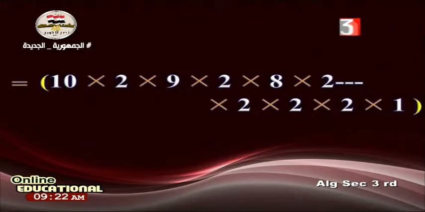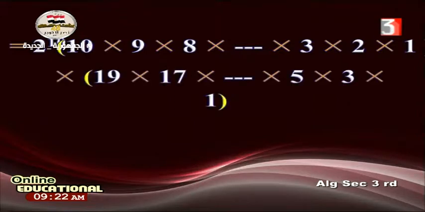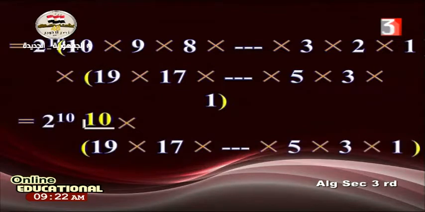20 is 10 times 2. 18 is 9 times 2. 16 is 8 times 2, and so on. Multiply the odd numbers: 19 times 17 times 15 and so on to 1. Therefore, 2 is repeated 10 times. The answer is 2 power 10 times the bracket containing 10 times 9 times 8 and so on, times 19 times 17 times 15 to 1,